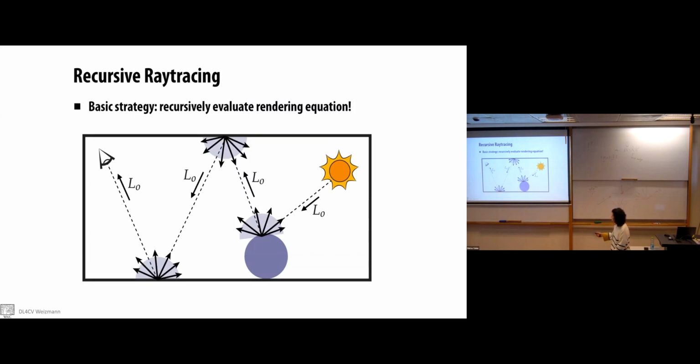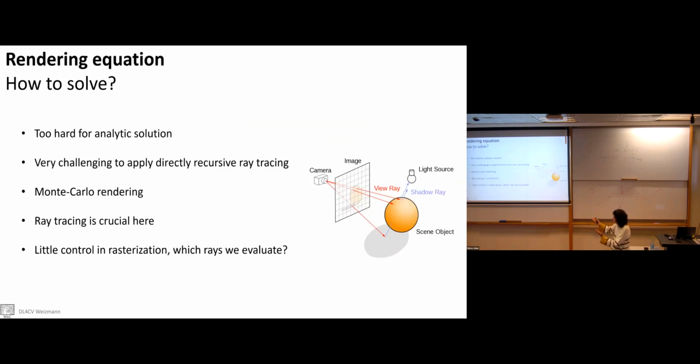This is the recursive start. You start from the eye, and you select a direction, and then you select another direction, and you touch an object and then another direction till you reach the light source. And you do it a lot of times from this eye to this direction, to this direction, to this direction, etc., okay? It's not direct, it's not easy, it's very expensive. If there is no analytic solution, it's very challenging to apply recursive ray tracing, and it's something called Monte Carlo rendering,